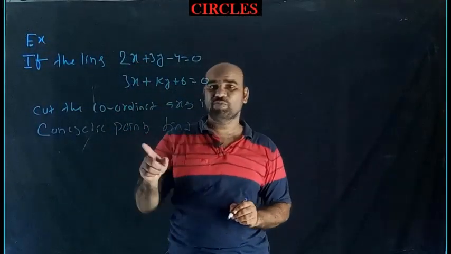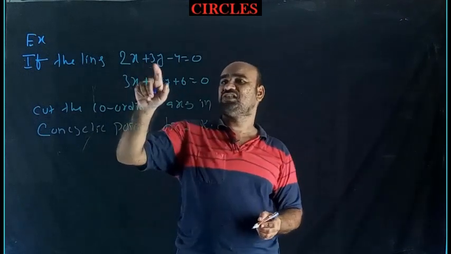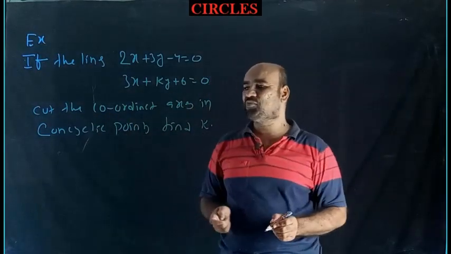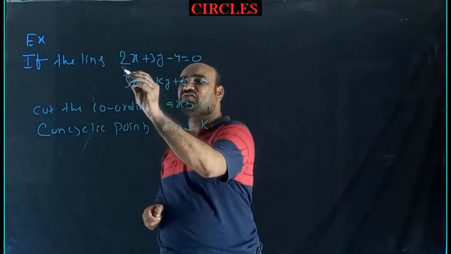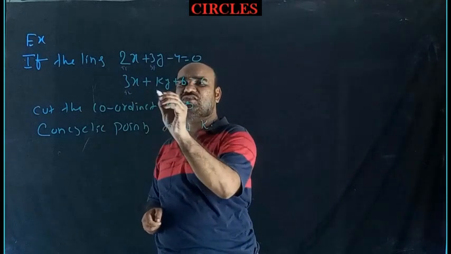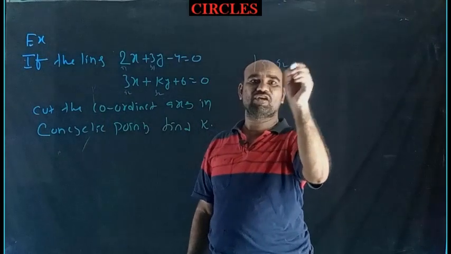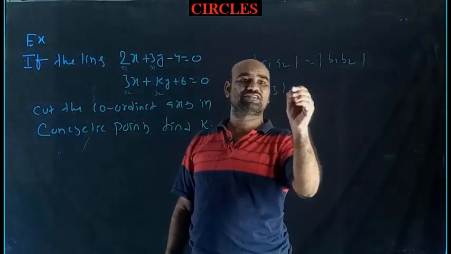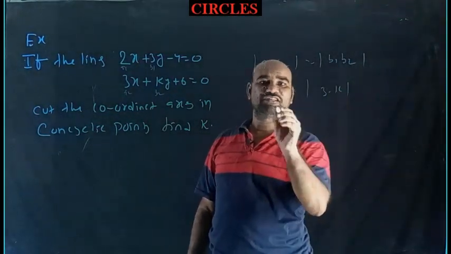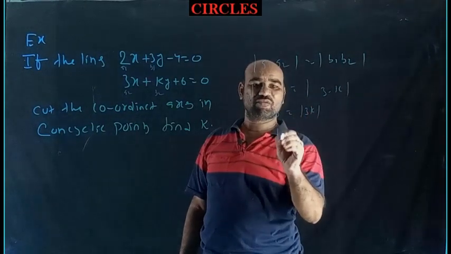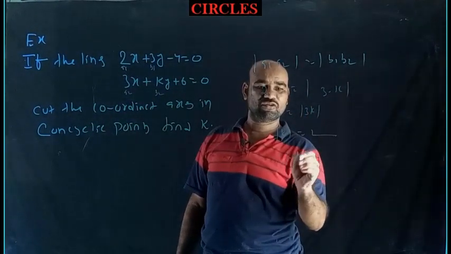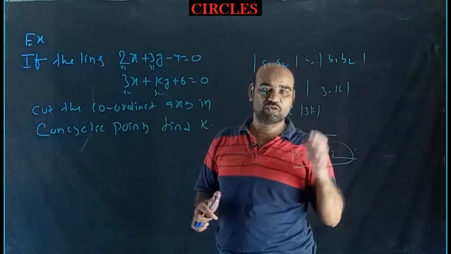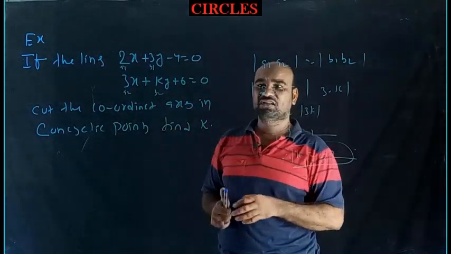Okay, students. Example problem based on the previous concept. 2x plus 3y minus 4 equal 0 and 3x plus ky plus 1 equal 0 cut the coordinate axes in concyclic points, then find the value of k. So this stands for a1, this for b1, this for a2, this for b2. Just now I proved that mod a1 a2 equal mod b1 b2. So mod a1 means here 2, a2 means 3, equal to mod b1 means 3 into k. That is 6 equal modulus of 3k, or mod of k equal to 2. Therefore, k equal to plus or minus 2. Two values exist for k: 2 or minus 2. In both cases, the 4 points are concyclic.